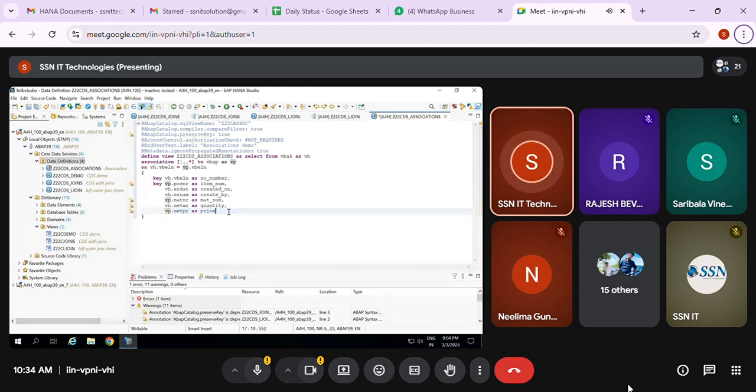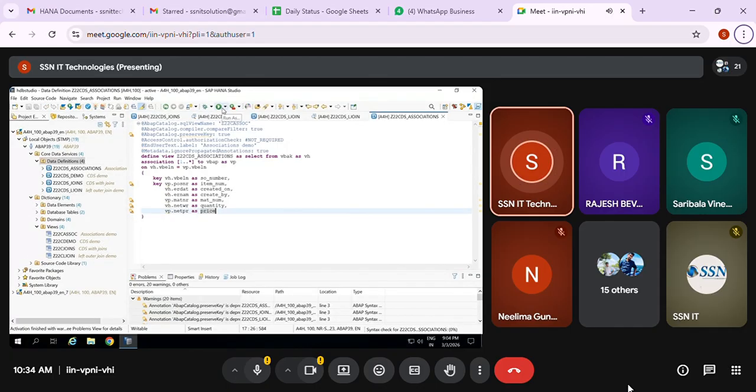Like that we get the same fields information as with joins; here we are using associations. That's the only difference, the remaining will be the same. It gets matching data from both tables only, and it is triggered at database level only.